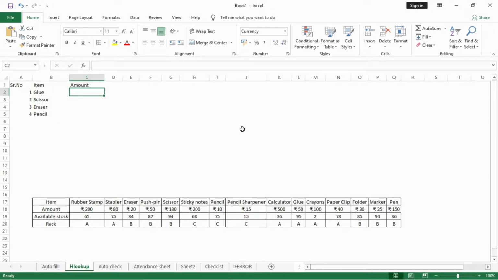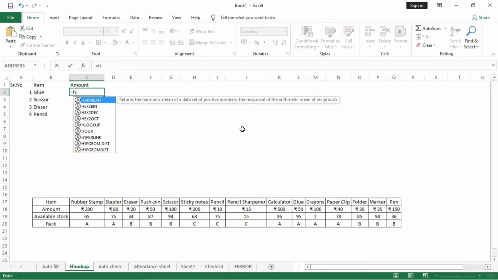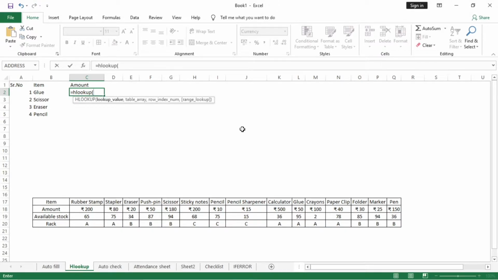So we will start with our HLOOKUP function: equal to HLOOKUP, bracket opens. Now it is asking me for the lookup value. So I want to see the amount of the glue, so I will select this particular cell, comma. Now it is asking me for the table array, so my table array is right here, and now I have selected my table array,